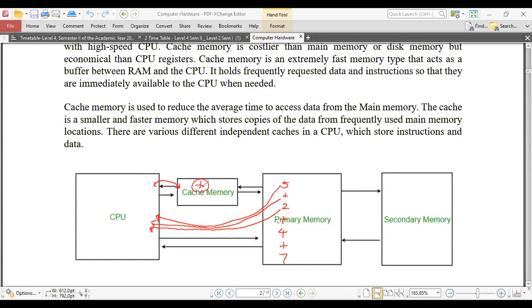Right? So in that case, in the next request, this instruction will be sent to the CPU from here. Then you can see the process will now be sped up compared to the previous time. Again, this will be sent here, and the result will be taken from here. So it doesn't have to flow or be sent through a distance like here.